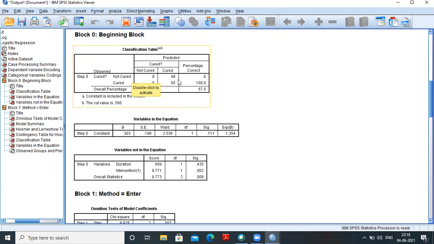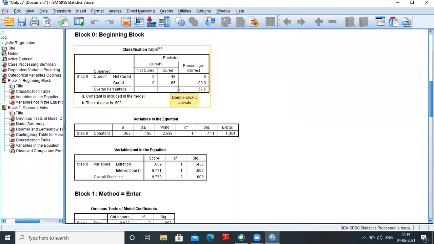Initially we assume that there is no independent variable. When there is no independent variable, we take all the predicted cases in the category which has more responses in the observed values. Here cured cases are 65 and not cured cases are 48. So we will take all the values in the cured category. That means 100% of cases are cured in the predicted category.